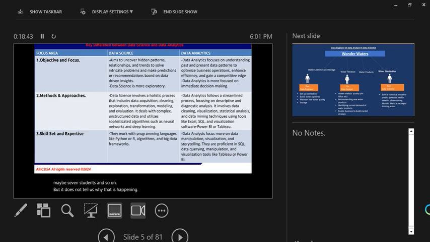To tell us why that is happening, maybe why we have that trend, it means now data science algorithms are able to answer that question. So looking at the objective and focus for data science